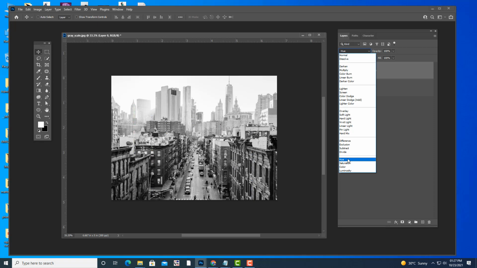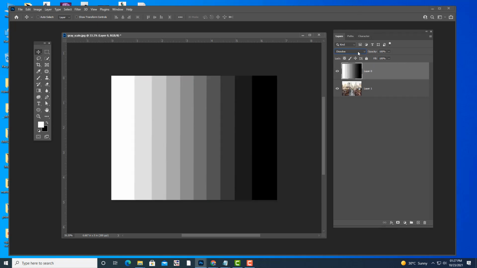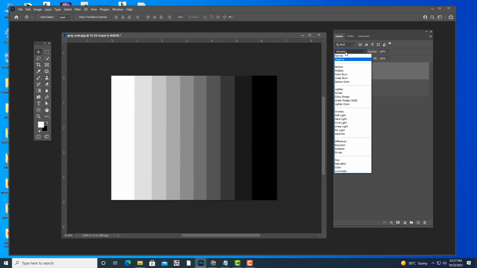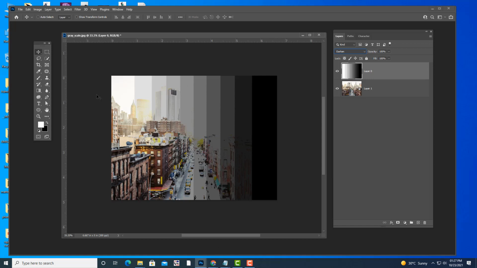Now we will practically understand the concept of these blending modes. First one we will see is darken. Observe what is happening here. On the right side we have full black, and slowly this black is becoming lighter, and here it is becoming white. Now observe what happens to the light colors when I select the first blending mode in the darken section. See what happened. This area has become totally transparent. The light colors are all gone.